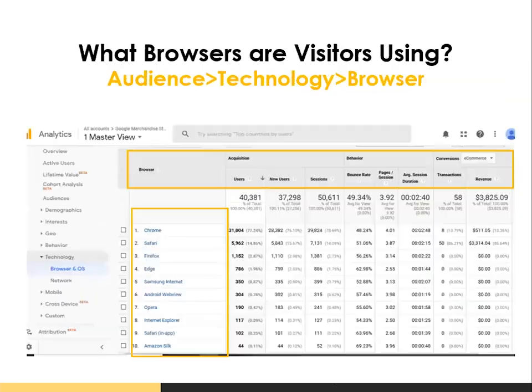Okay. The next thing is, what browsers are visitors using to visit my site? Now, this is really, really important. The reason why is because if you look here, you notice that Chrome is getting the most visitors. 31,000 visits compared to Safari that's getting 5,962. So about six times the amount of traffic Chrome is getting,